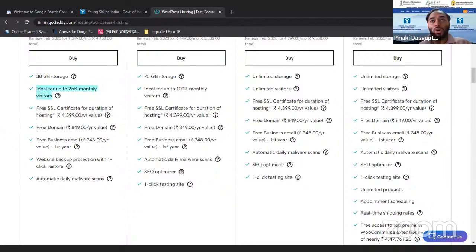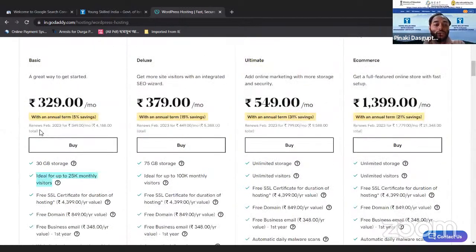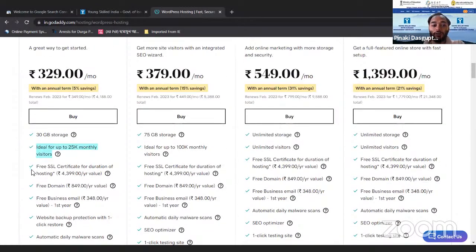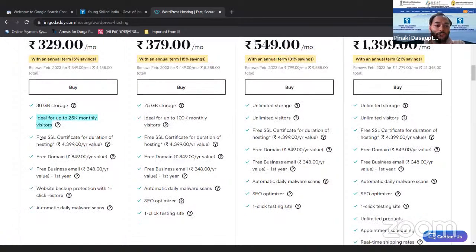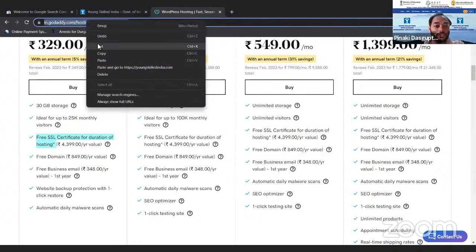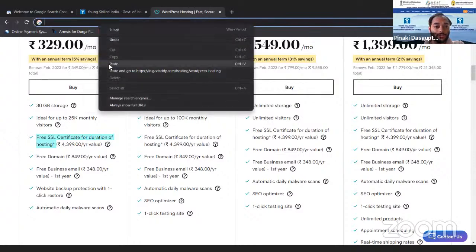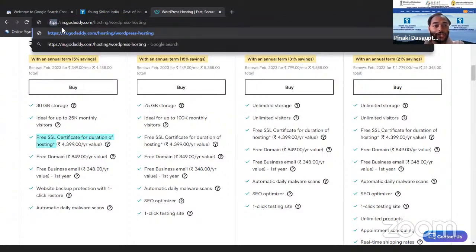So if you are a small website owner and you don't have that much traffic, you can purchase this particular plan. Free SSL certificate. What is an SSL certificate? That is Secure Socket Layer. In every website, we see this thing, HTTPS.